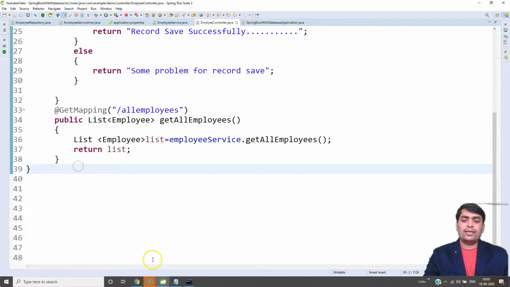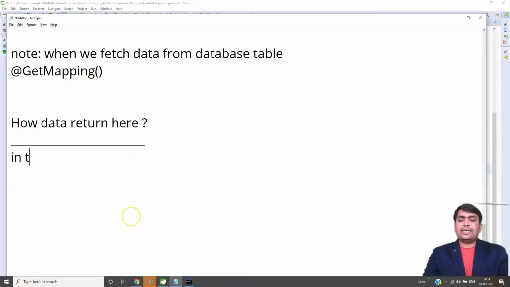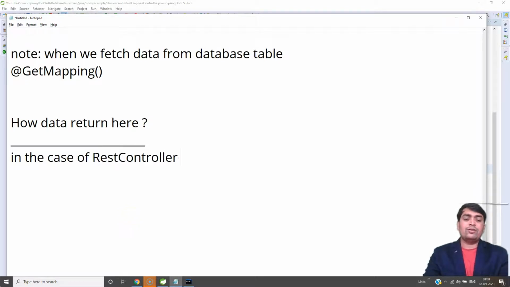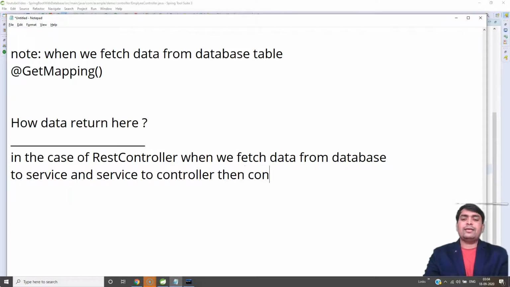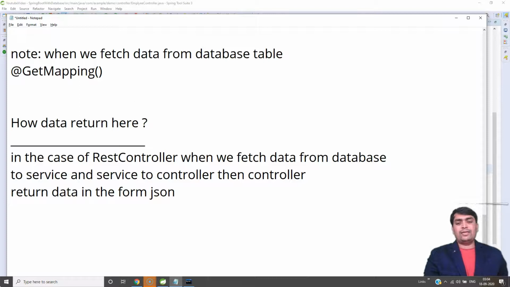In the case of a REST controller, when we fetch data from a database, to the service, and from the service to the controller, then the controller returns the data in the form of JSON.